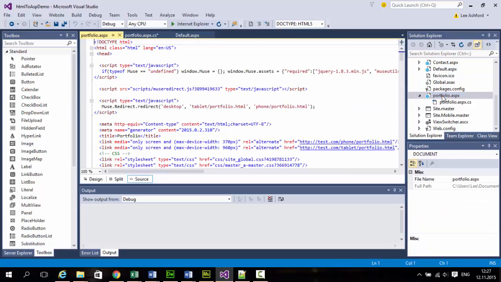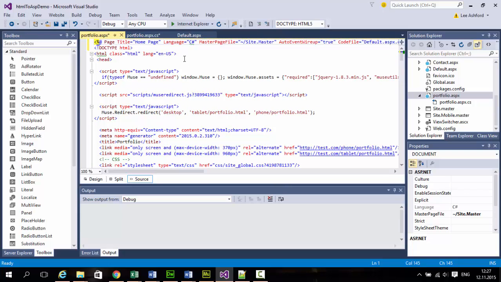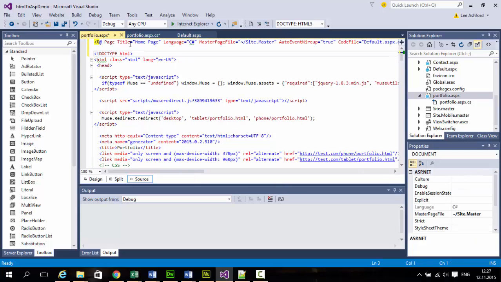So I'm going to copy that, and I'm going to put it at the top of my new page. Now you don't need to worry too much about what these things are doing. Obviously the title gives it the title C#. We need to delete this because we're going to use our own master page from our designed. This needs to be there. Code file, you need to change it to your C# file, so portfolio, and inherit portfolio. So this and this needs to be the same name as this here. There we go. Now if you run that,